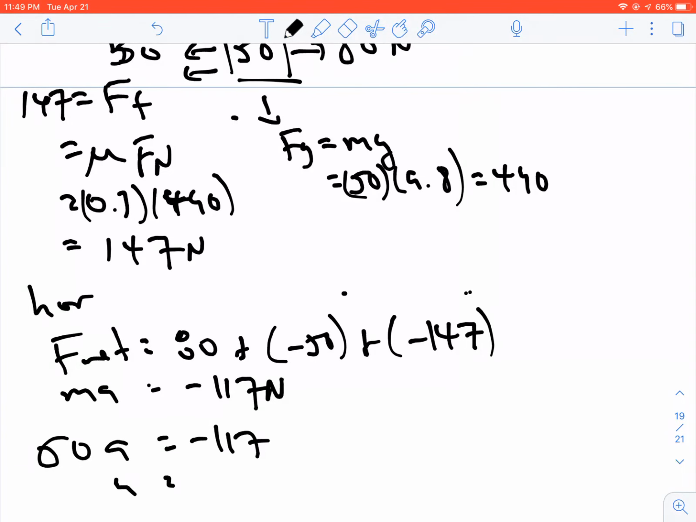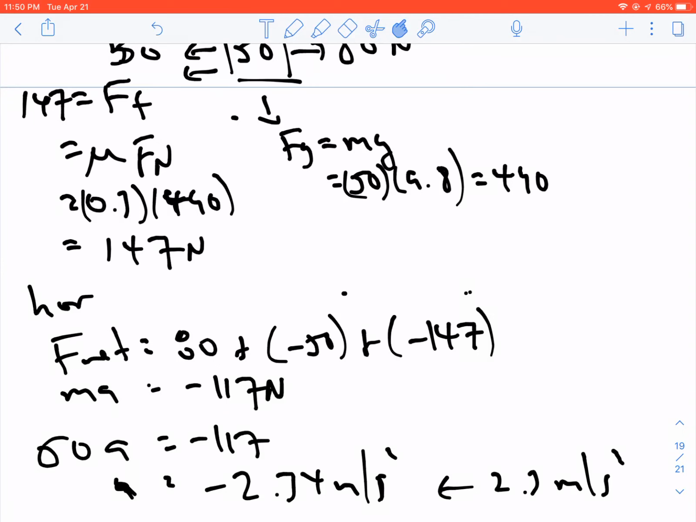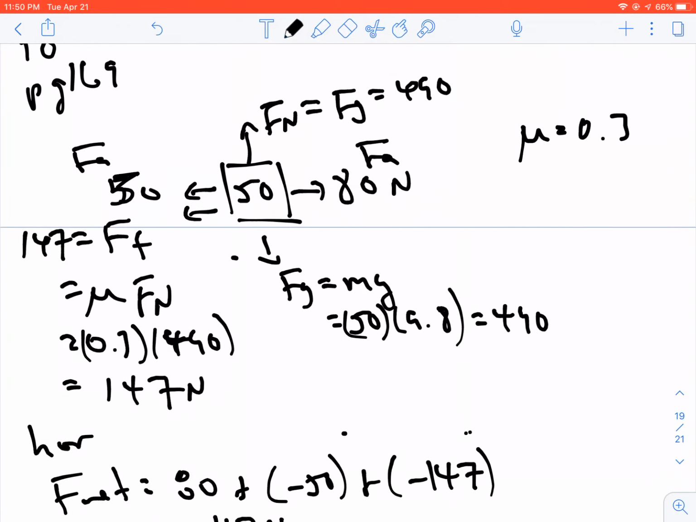The acceleration works out to negative 2.34 meters per second squared. So this crate is going to accelerate that way at 2.3 meters per second squared. Now think about it for a minute. If this crate is having a force applied to it of 80 newtons this way and 50 newtons this way,